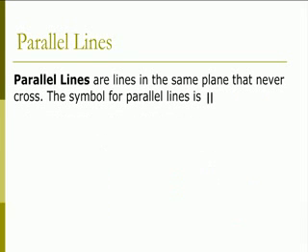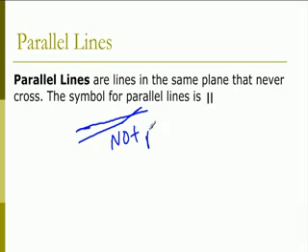Parallel lines are lines on the same plane that never cross. The symbol for a parallel line is two lines straight down. So parallel lines, this can be a parallel line. Well, that's not going to be a parallel line because I drew it crooked. Because if you keep extending these lines, at some point they're going to cross. You see that? So this is not